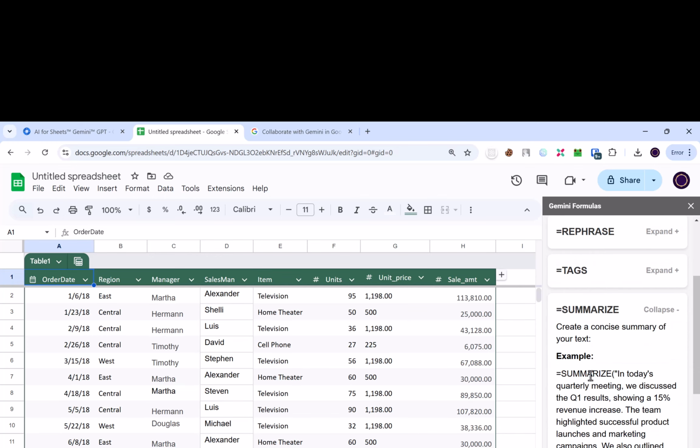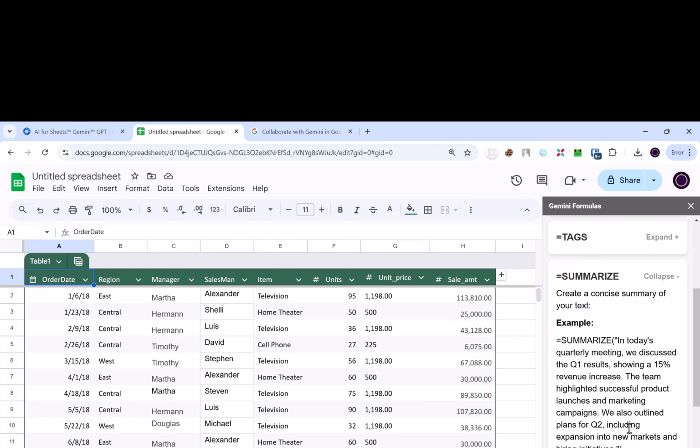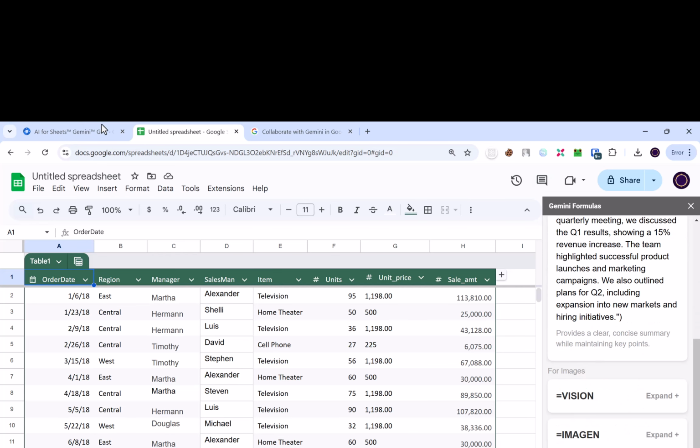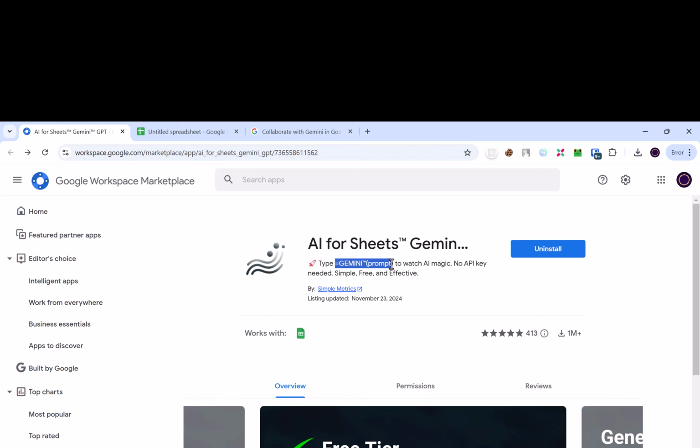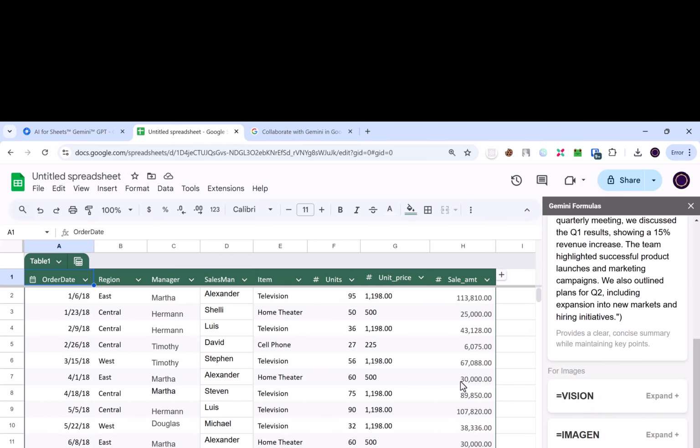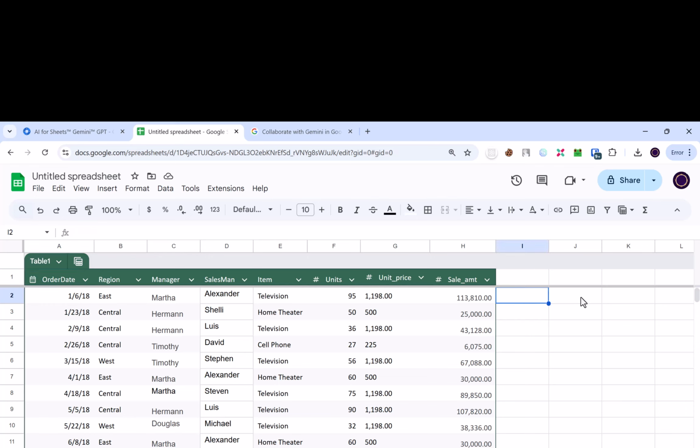Now you can summarize, create a concise summary sample. Okay, so let me first try this, and then I'm going to do a prompt here like this. Explain what is going on. So it's loading right now, and let's see if